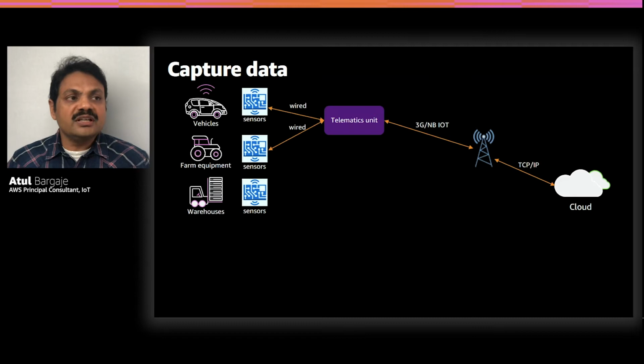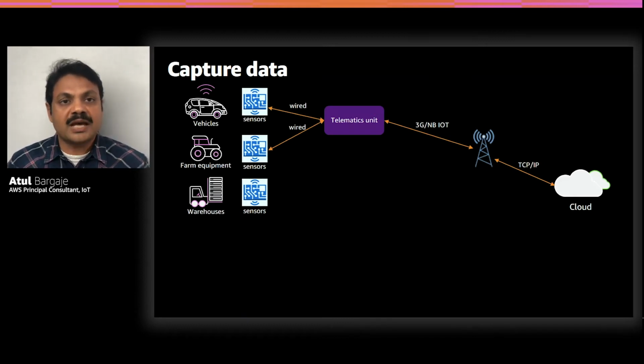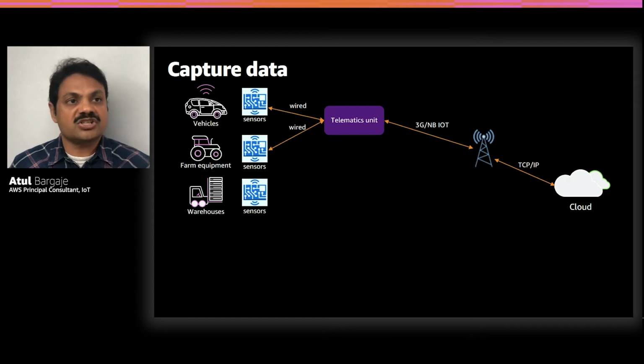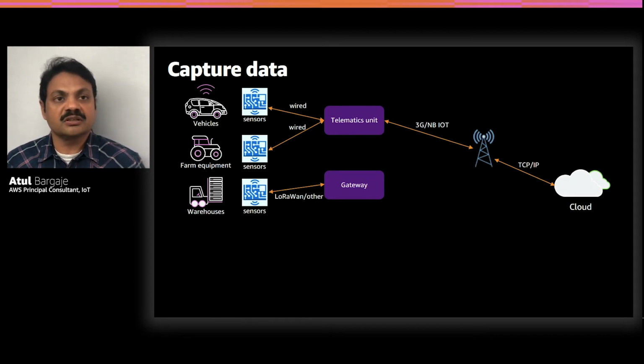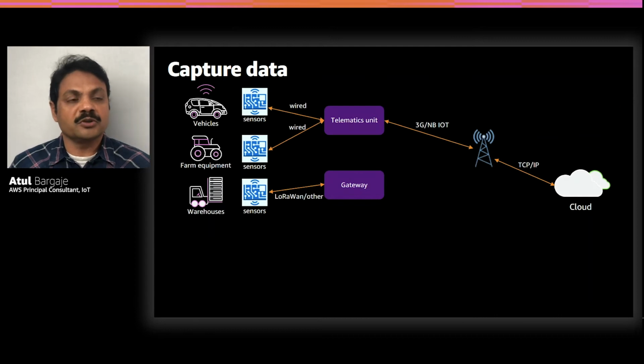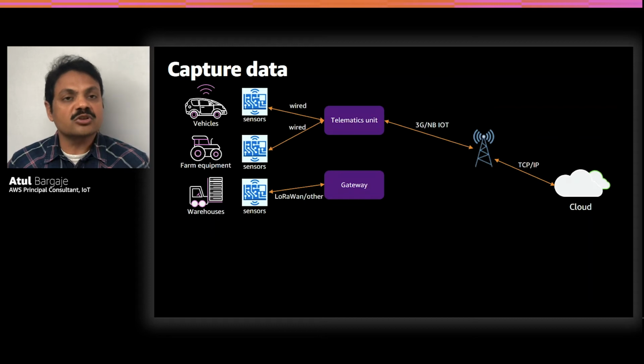If you're dealing with warehouses where you would come across forklifts, pallets, and other packaged equipment which can have sensors deployed on them, these warehouses will generally have some sort of a local network. LoRaWAN tends to be a very popular network technology used these days. And you would have some sort of a gateway. In case of LoRaWAN, there will be a LoRaWAN gateway which would do the protocol conversion and send data to